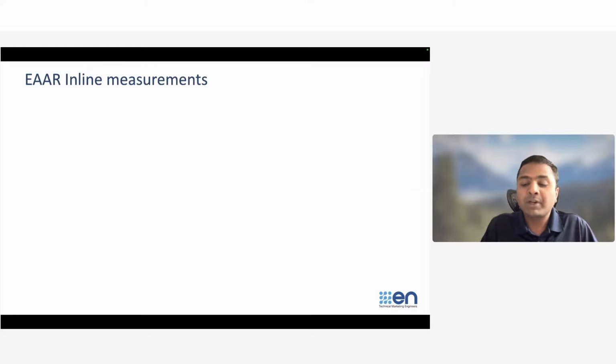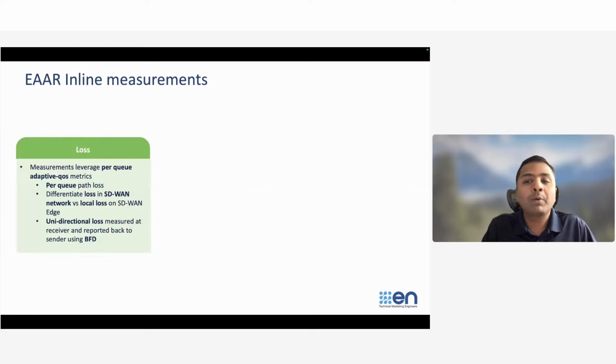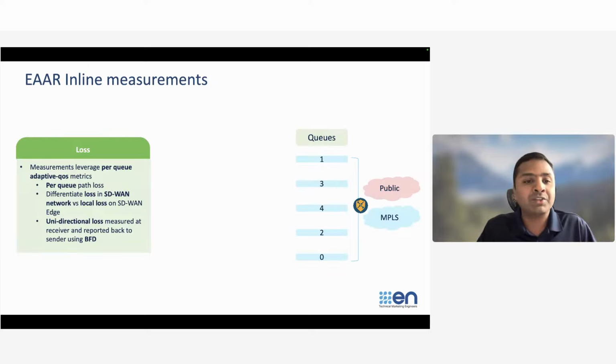So how do we do these measurements for loss? Today for loss, we do per queue loss measurements on an SD-WAN edge device. If you classify your applications into different classes of queues, imagine a forwarding class is like a QoS group in the traditional IOS XE world, and you classify this traffic into different queues, we are able to do per queue loss measurement. And for that, we leverage the adaptive cost metrics, the same infrastructure that adaptive cost used, to differentiate loss in the SD-WAN network versus loss that's happening on the local box,